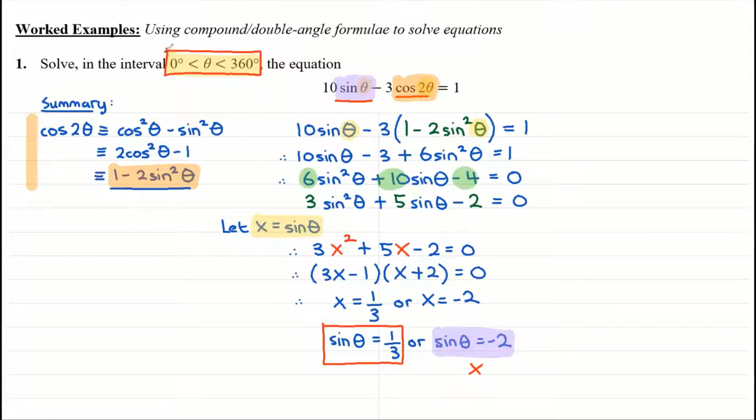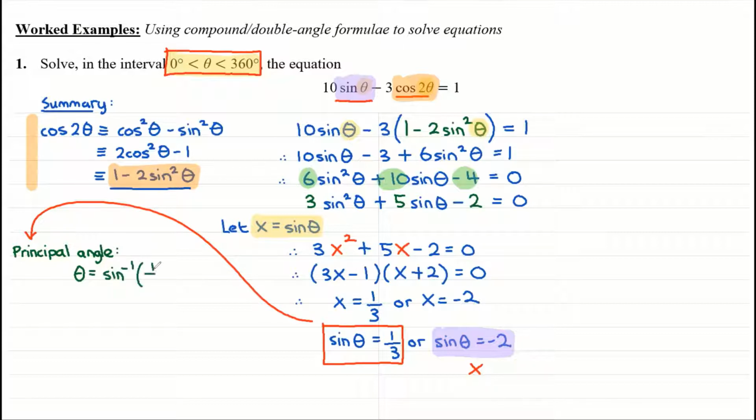So I'm a bit annoyed I've just used the middle of the board for this, but what I will do, I'll do a nice cast diagram on the left-hand side where there's a bit of space. So let's just go back up here. And we should have enough space for this. So we'll get our principal angle. So do that first so we know what we're putting on the cast diagram. So theta is going to be the inverse sine of 1/3, which is equal to,